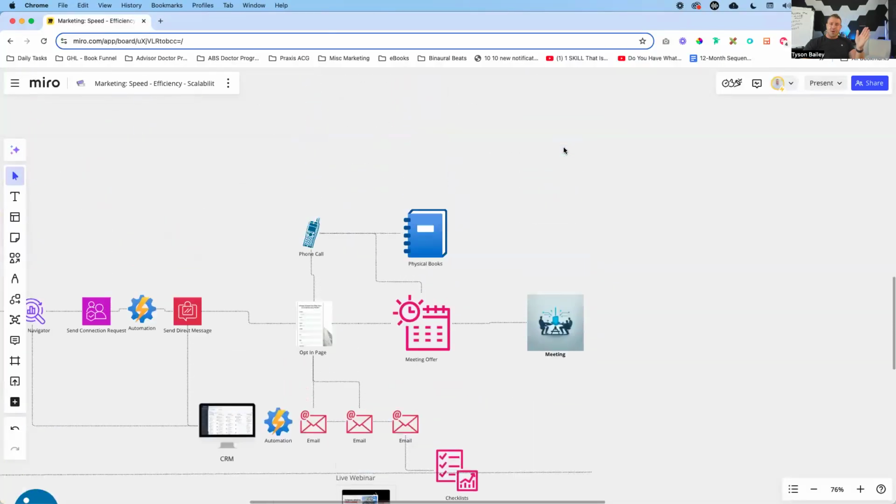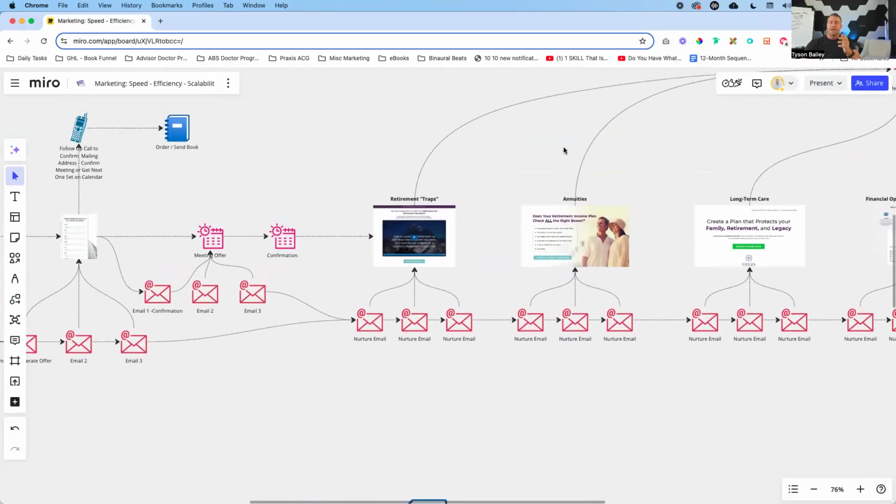Now, as we're going through the long-term structure of these campaigns, one of the things that you want to start doing is, inside of your email sequences, instead of just giving somebody a PDF, instead of giving them something that they download or that they have access to, and it's literally a PDF, taking your information and hosting it on a landing page that has a call to action to book a time with you. If that's your ultimate goal, which it should be, you want to make it as easy as possible and as abundantly clear as possible what they can do in order to take the next steps with you.